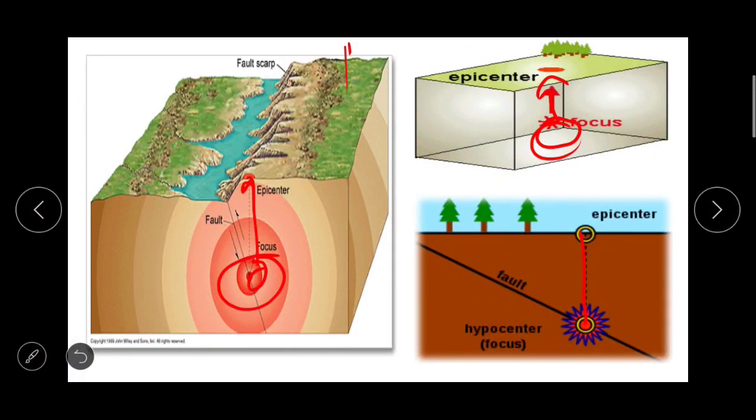When the tension is released at the focus, the released energy travels in all directions, and this energy comes towards the earth's surface in the form of waves. The seismic waves can be divided into primary, secondary and surface waves. So, it is very clear,